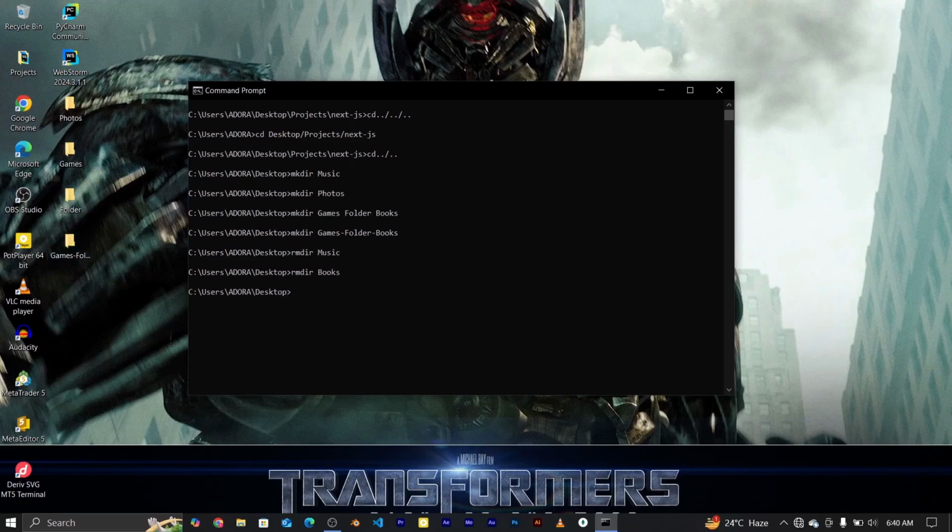Now the books folder is gone. Now we can delete all of these four folders at once on a single line with rmdir, then the names of the folders: music, photos, games, folder,